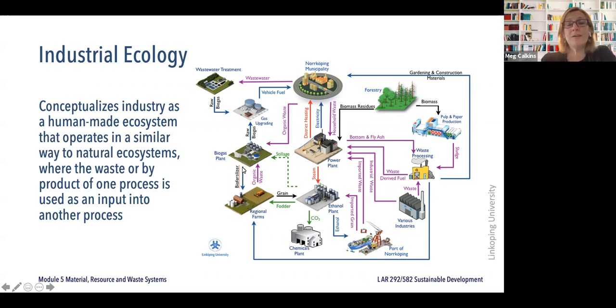Biofertilizer, some of the byproduct from the biogas plant becomes fertilizer for the farm. Grain from the farm gets sold to the ethanol plant. The ethanol plant makes ethanol to power the ships or to power a chemicals plant. Some of the fodder, which is the sort of solid waste from the ethanol plant, gets sent back for use